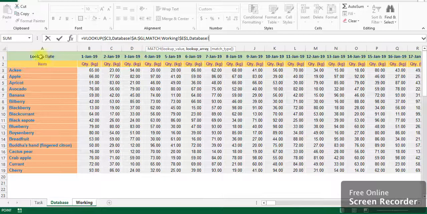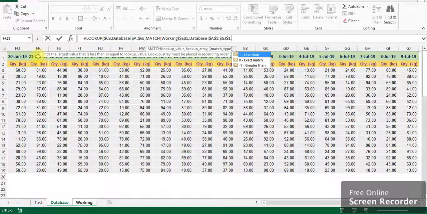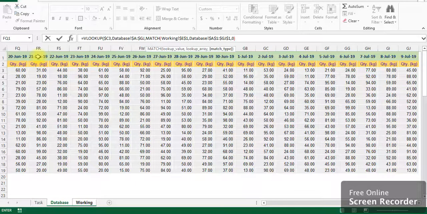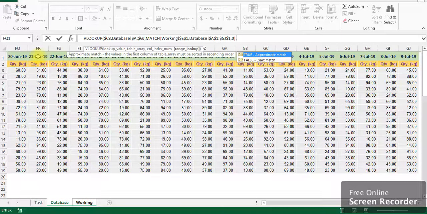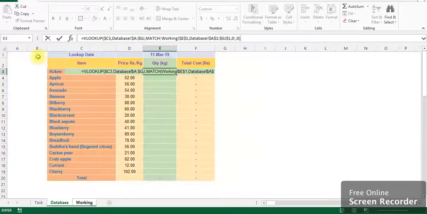I will be starting it from A column. Always start it from where you have started the VLOOKUP array to GJ column. Then fix it, and then it will be a true value, and then for VLOOKUP it will also be a true false value, and then enter.